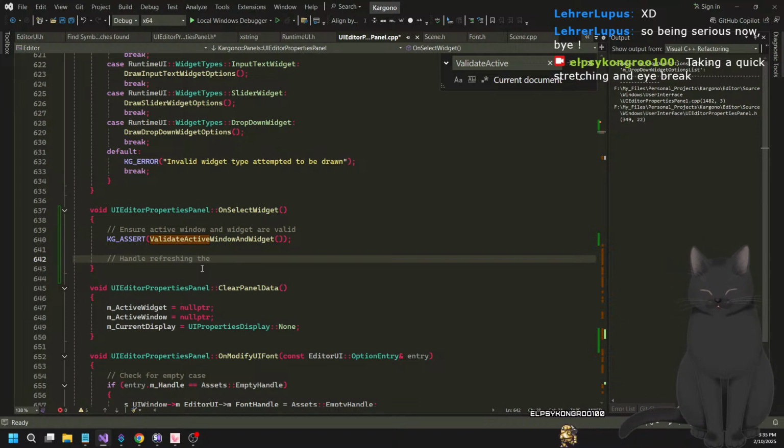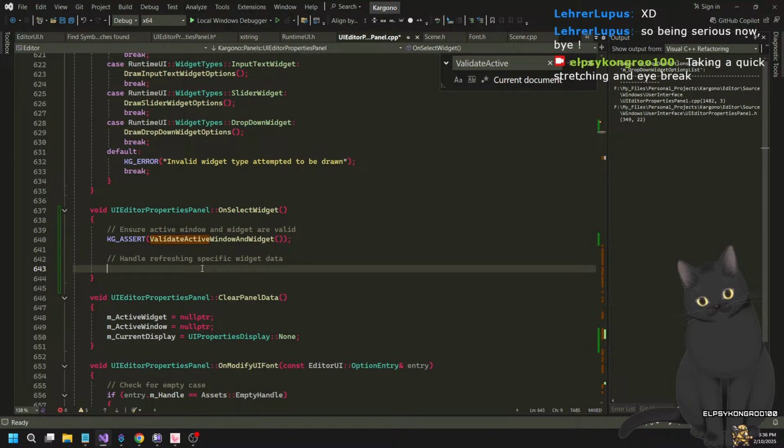refreshing the list table. Refreshing specific widget data. So again, I don't normally have to do this in most cases because all of the data gets refreshed every frame. But for list widgets, I don't like doing that. It's a bit excessive. Same thing for like a tree structure. I wouldn't want to keep validating the tree every frame. That's ridiculous. But simple specs, like maybe you're editing like a vec4, you're editing even a string. I mean, it's kind of debatable. I don't know, but